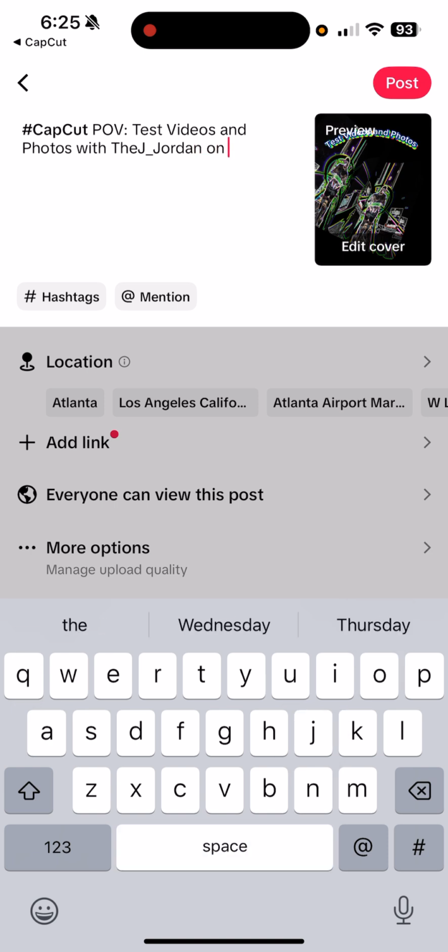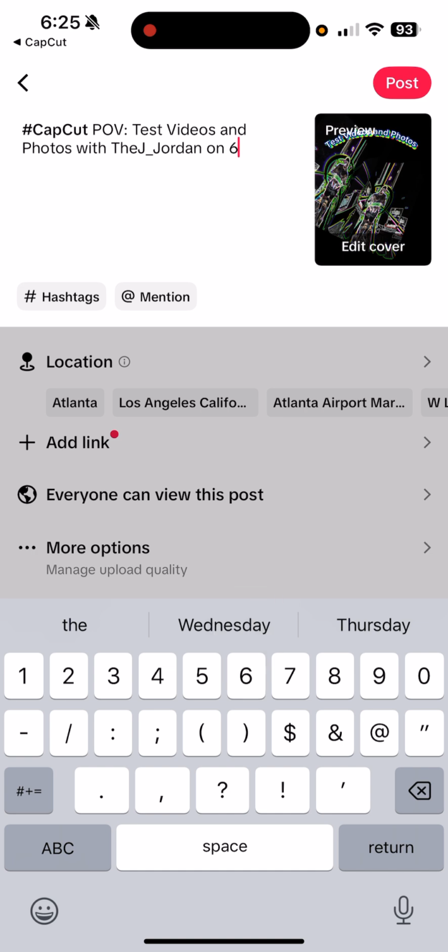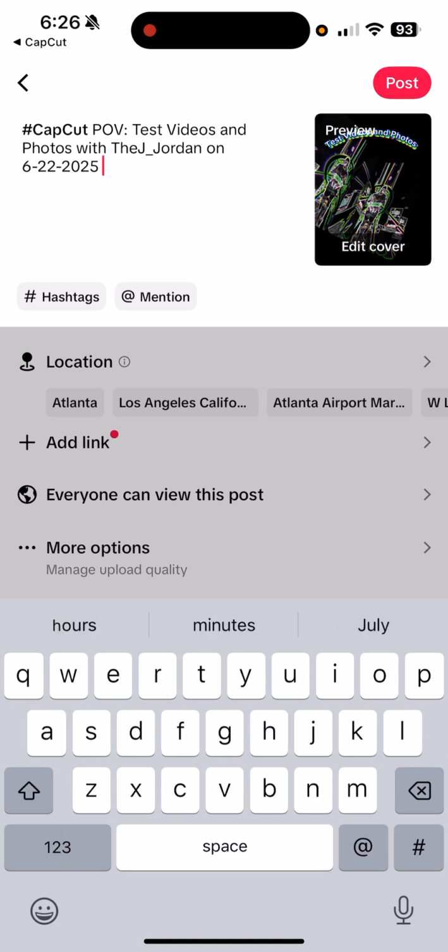On June 22nd. And now we just go in a couple of hashtags. This is where I'm, if I'm using some of them, I'm just going to try to do 5 of them. So I'm going to go with,